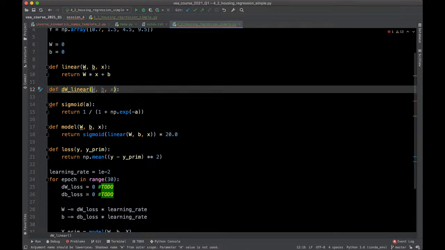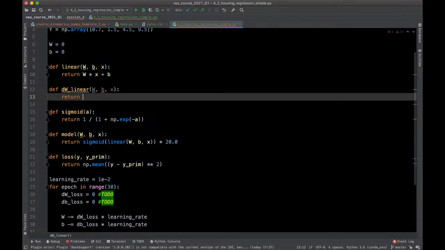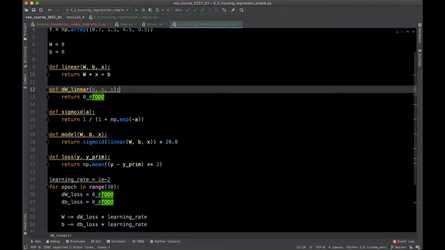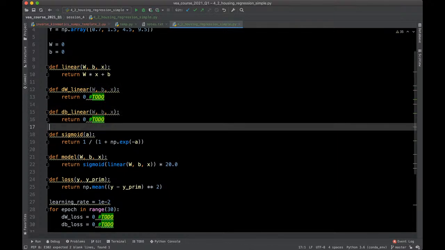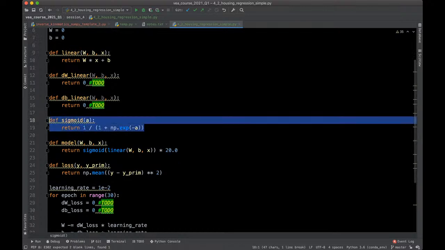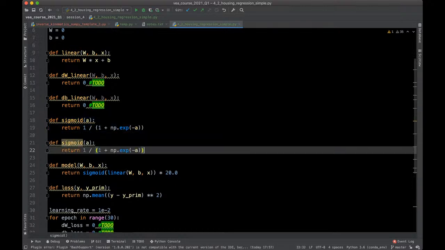I think what you have here should be enough. So return something to do. Then I'll also calculate with regards to the b here. And then also the sigmoid, of course, you need to calculate with regards to the a, because there's no